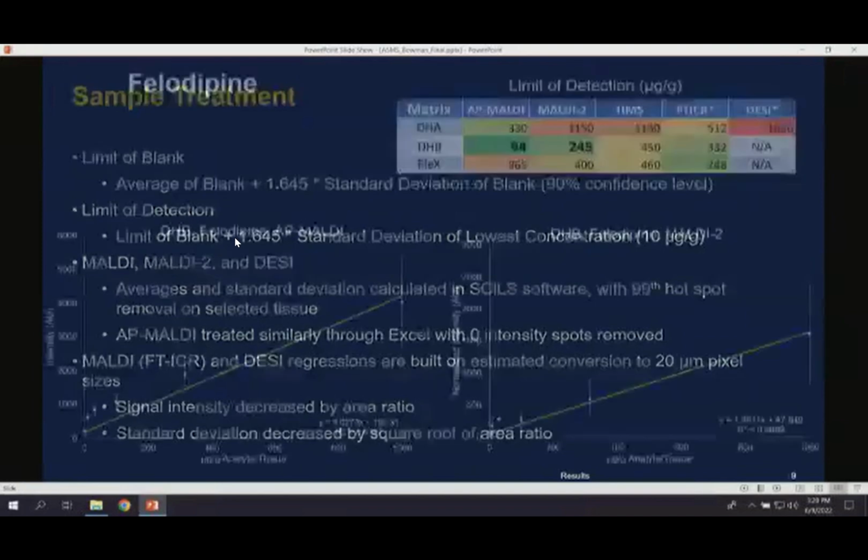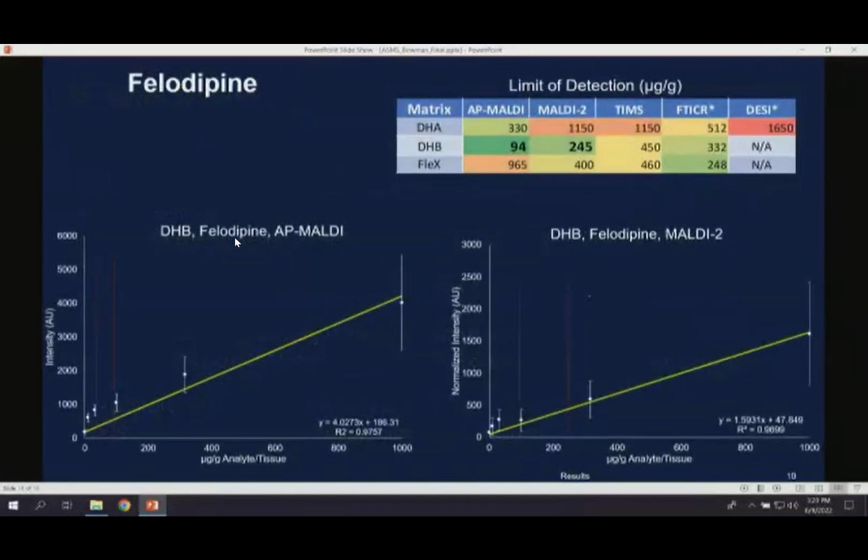With all that being said, here's some actual data. This is for felodipine, and if you look over here in the upper right, you can see this heat map where green is sort of the best we're able to achieve in this matrix, and then as it goes to yellow, then to orange to red, it gets worse and worse and worse. And so for this one, when we're looking at it, our AP-MALDI source is getting us down to about 94